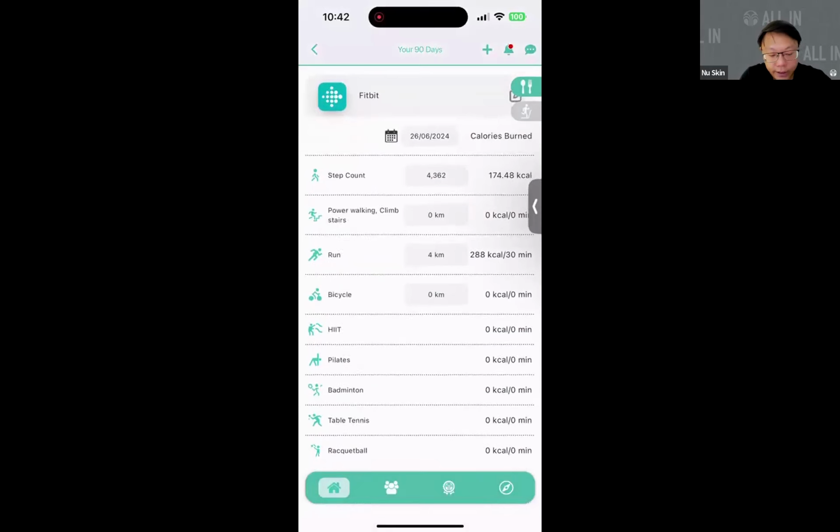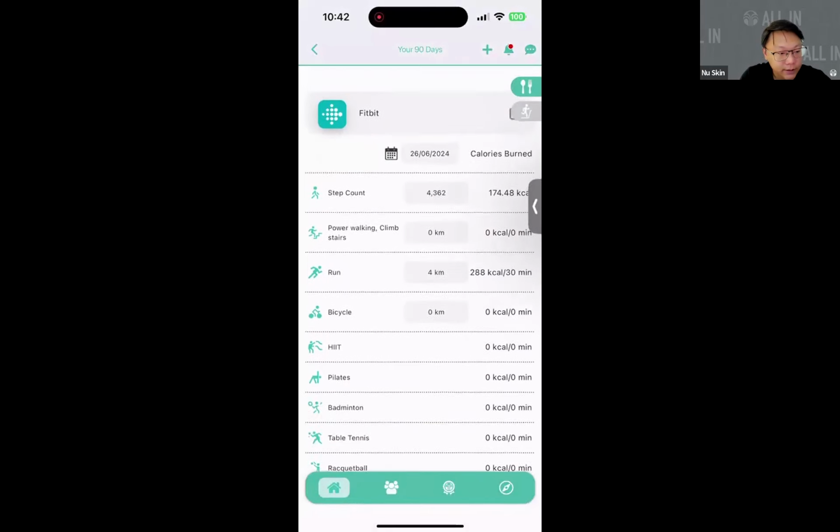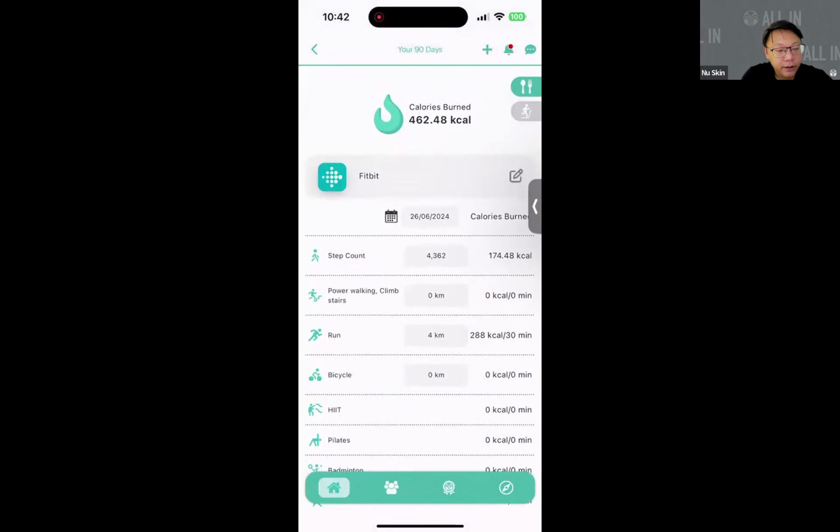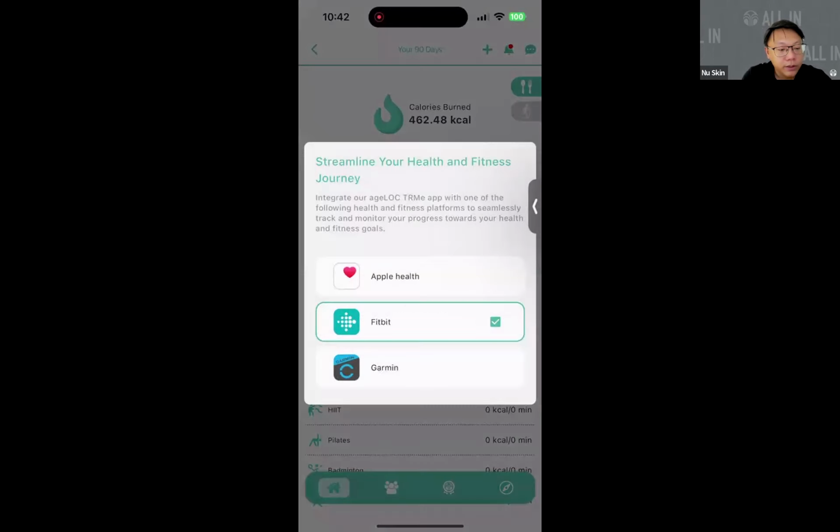there are various categories of different exercises. Okay, and we make it very simple for you. All you need to do is just sync this application to one of the selections. So if you're on iPhone, you have Apple Health as the default. If you have Fitbit or Garmin, we also have it integrated as part of the improvement.